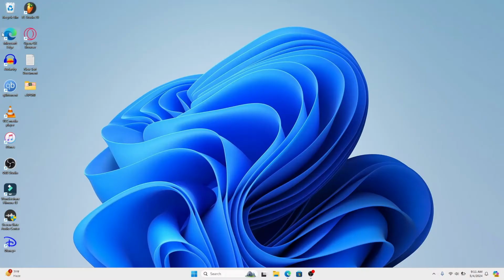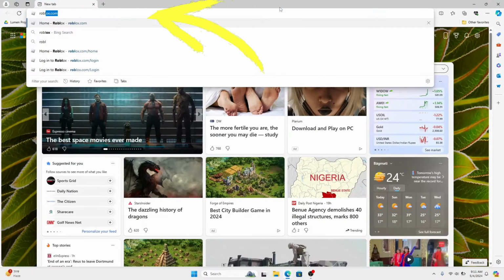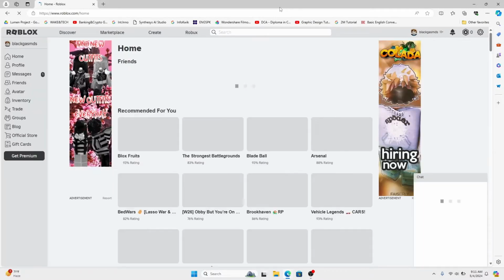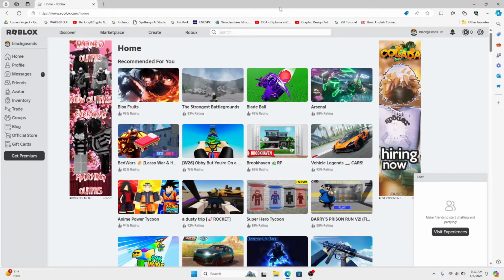First of all, open up your web browser and then in the address bar type in roblox.com and press enter. You will now be taken into the Roblox website. If you haven't logged into your account already, click on the login button at the top right corner and then